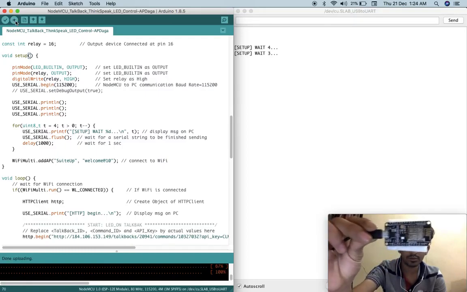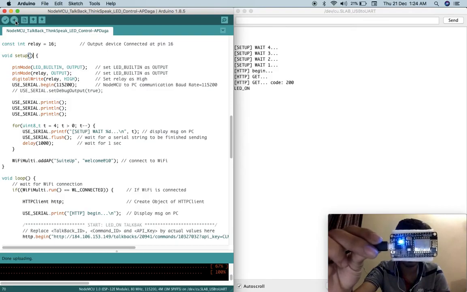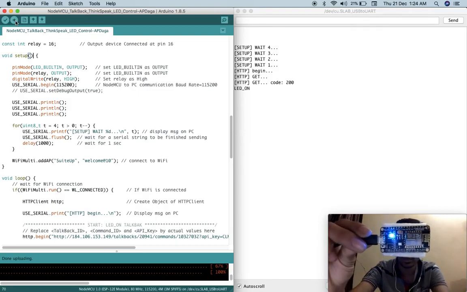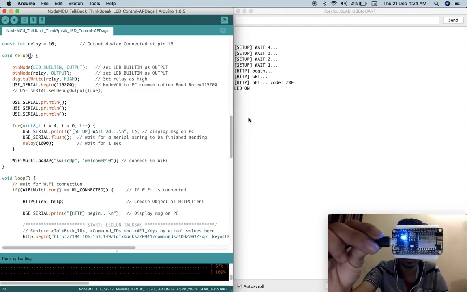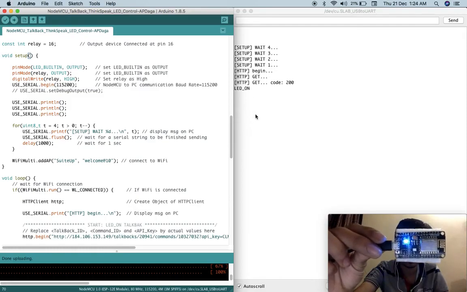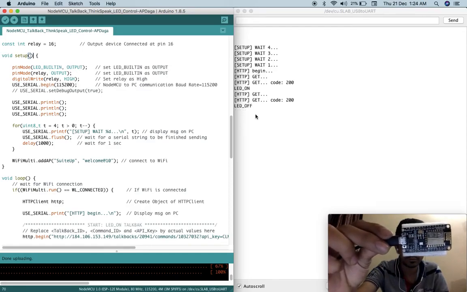See, the program is burnt. Now the program is running, it is connected, and now you can see we got the LED on command, and the LED is on on our board. That blue color LED, you can check it. Then we got the LED off command, and our LED is off.